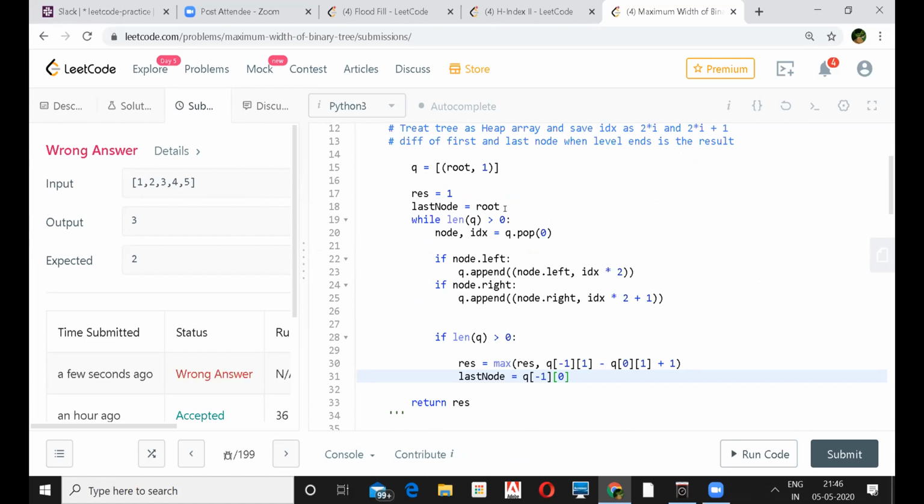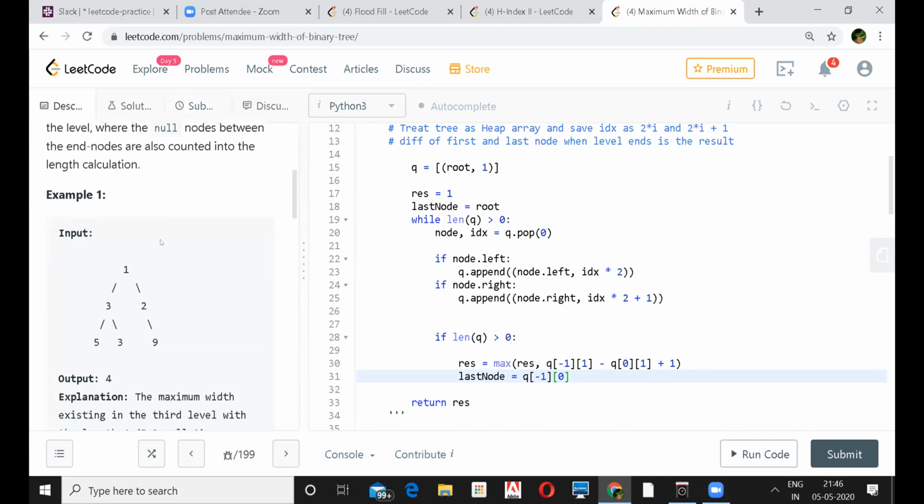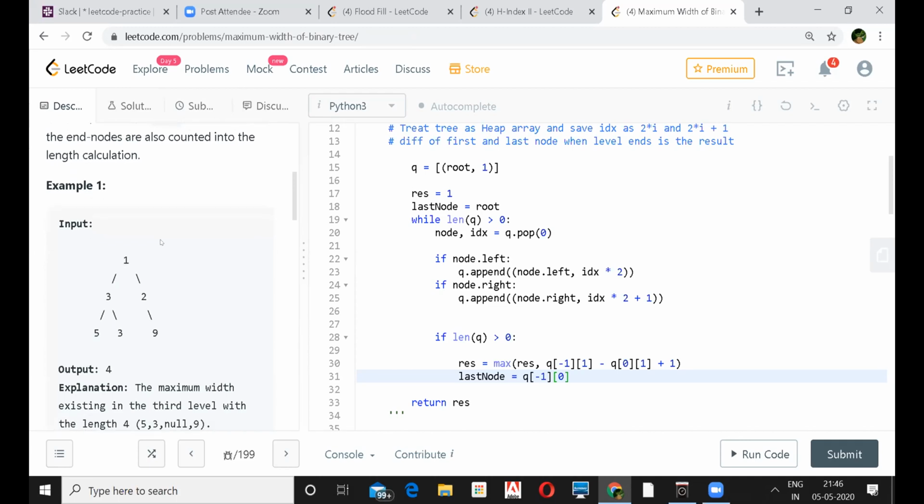So one thing, can we make use of vertical order traversal in solving this? In order, you are saying? Vertical order traversal. So like you DFS. DFS only. So horizontal distance from the root. For example, for 3 it would be -1 and for 2 it would be 1. Got it. This one you will take as origin, and to the left you will have -1, -2, and to the right you'll have +1, +2.